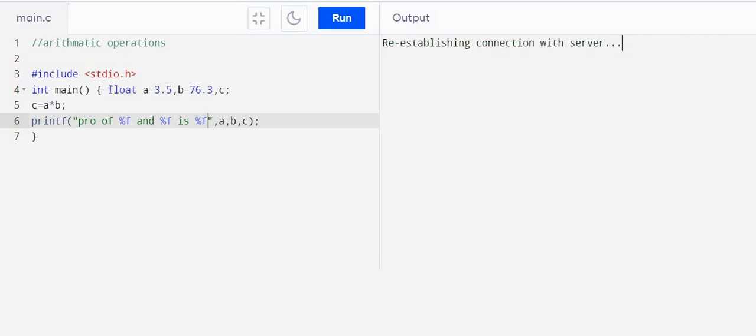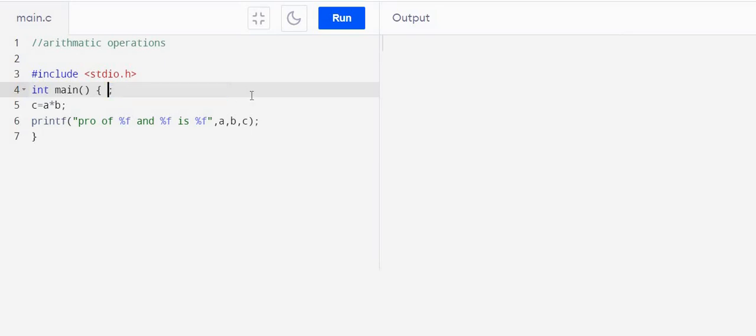Now suppose you want to check how the increment, decrement, those operators work. So let us define, those operators work only on integers. So integer A, and suppose value of A is equal to 25, and say one more integer B. Now we have to check how the A plus plus, A minus minus, such increment decrement operators work.